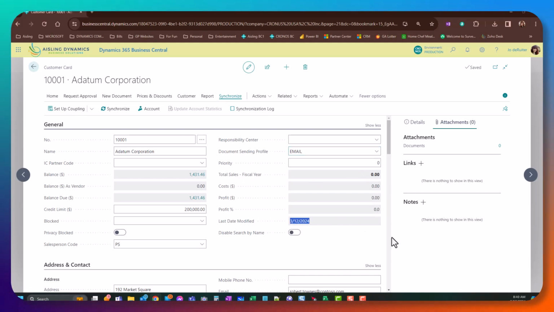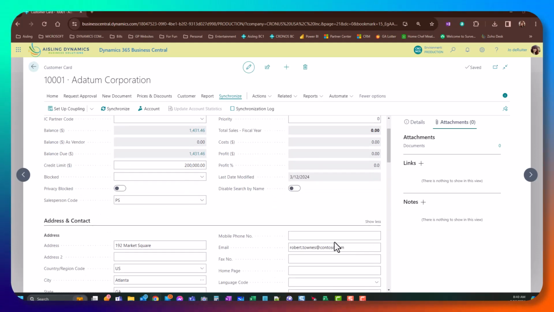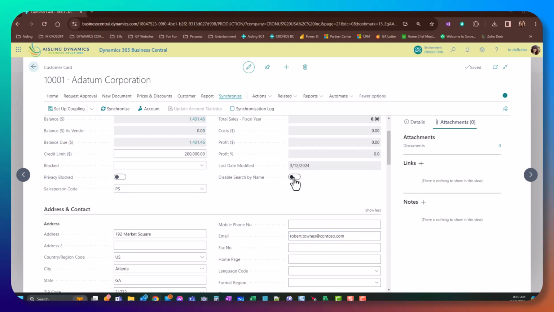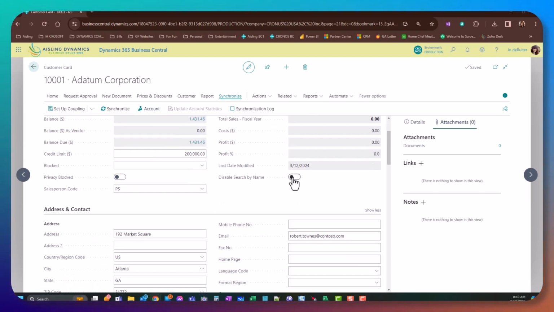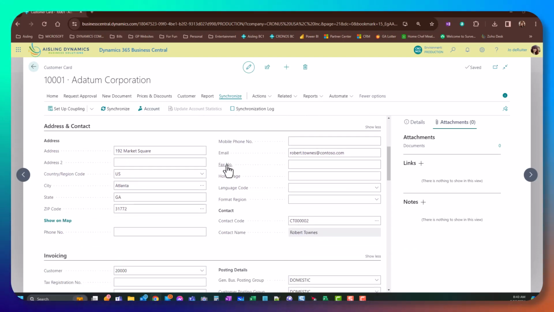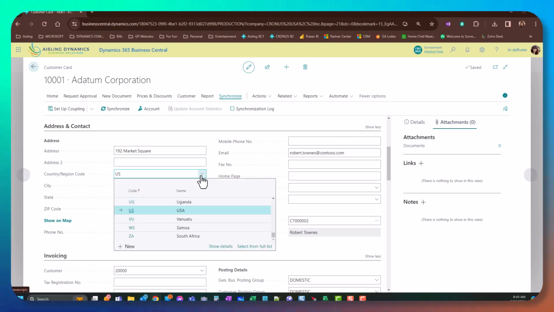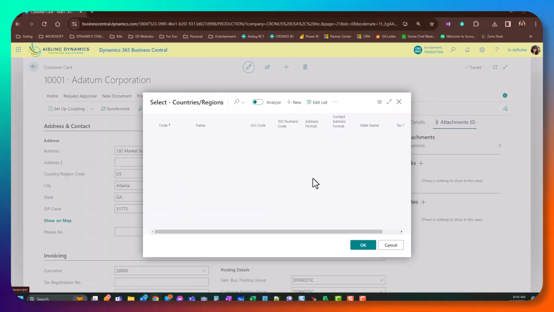And you always see the last date modified. You can disable search by name. If you do that, your users are going to have to memorize numbers. Other than that, they can just type in the name in any transaction and pull up the customer unless you've disabled that. Down in addresses, typical address 1, address 2. Country and regions are usually pre-set up. So if I go to select from a full list,